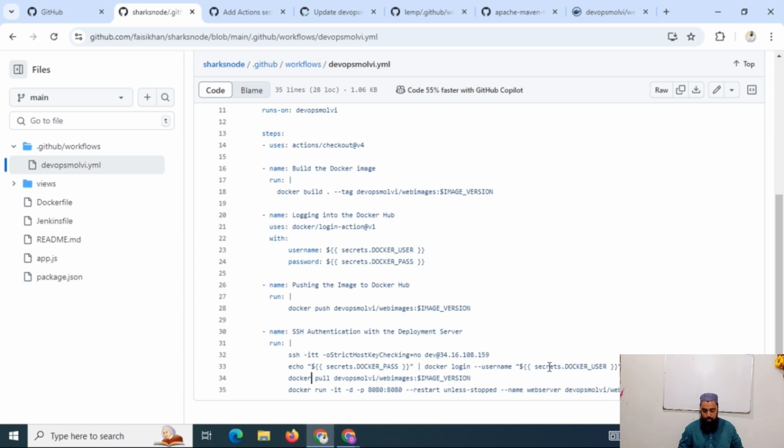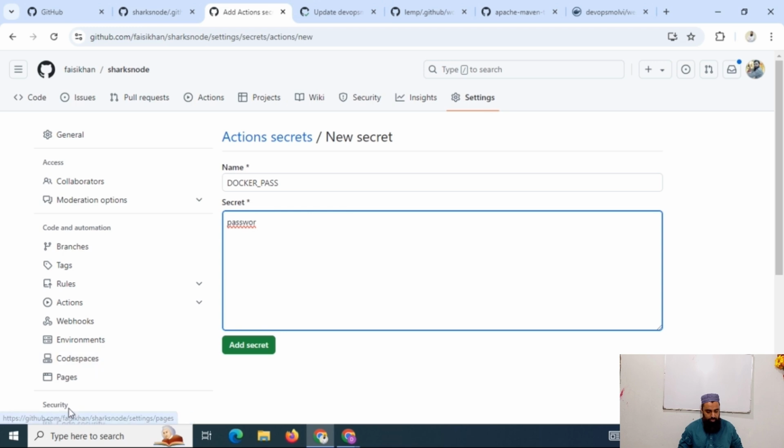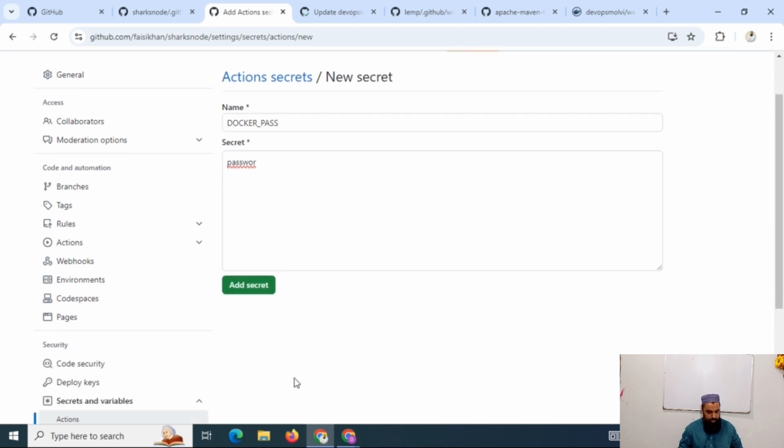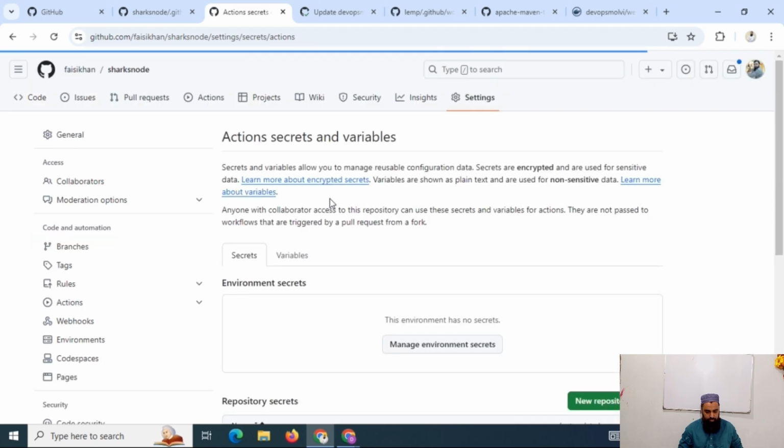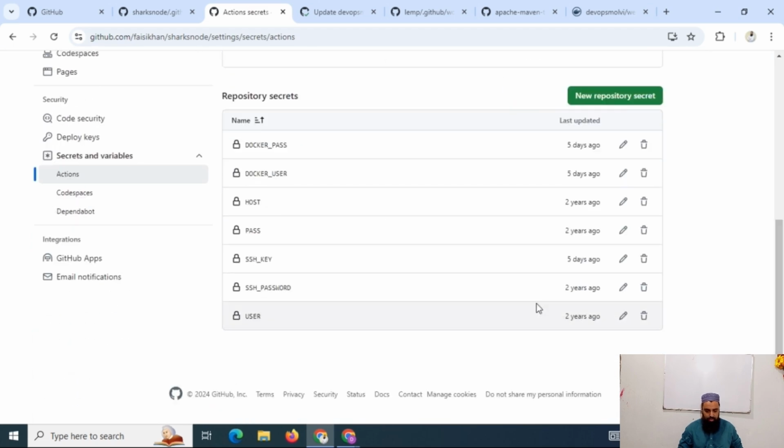The username would be from my secrets. Here is my username, and you can see this is my Docker user, and the command will use the Docker user from here